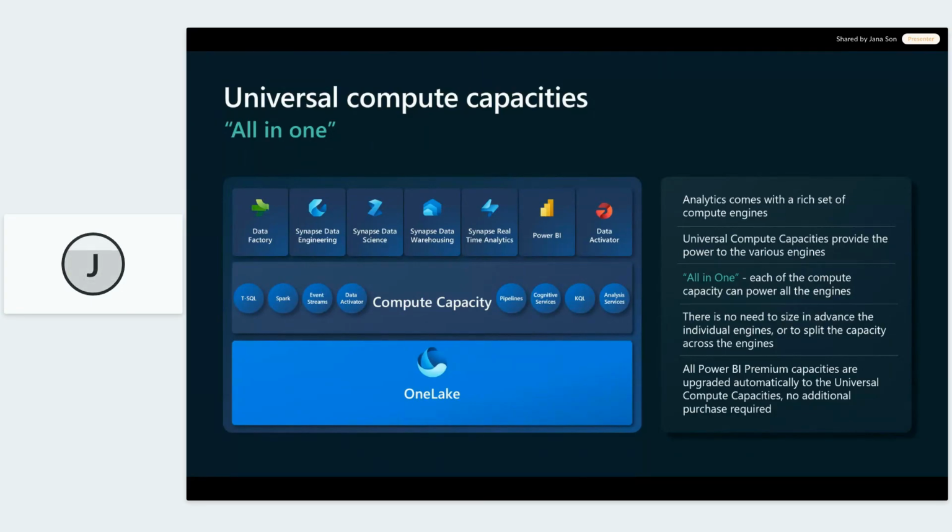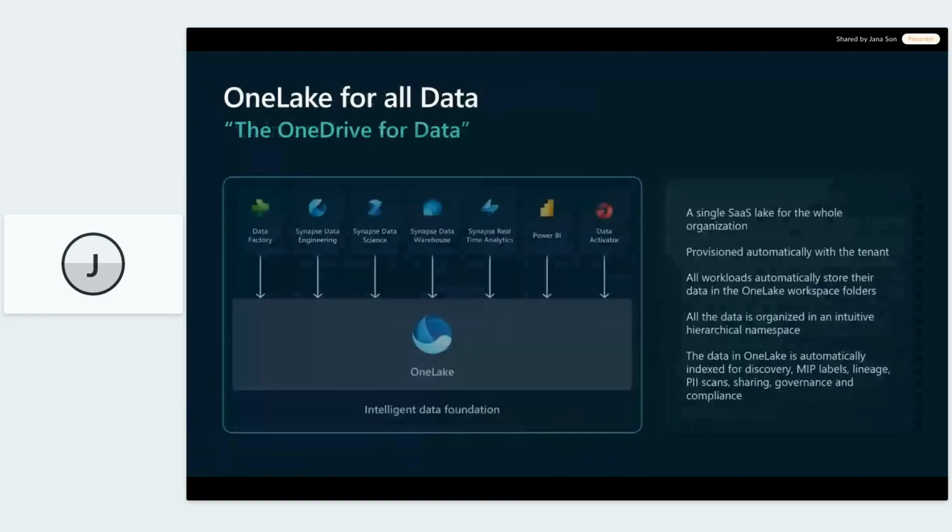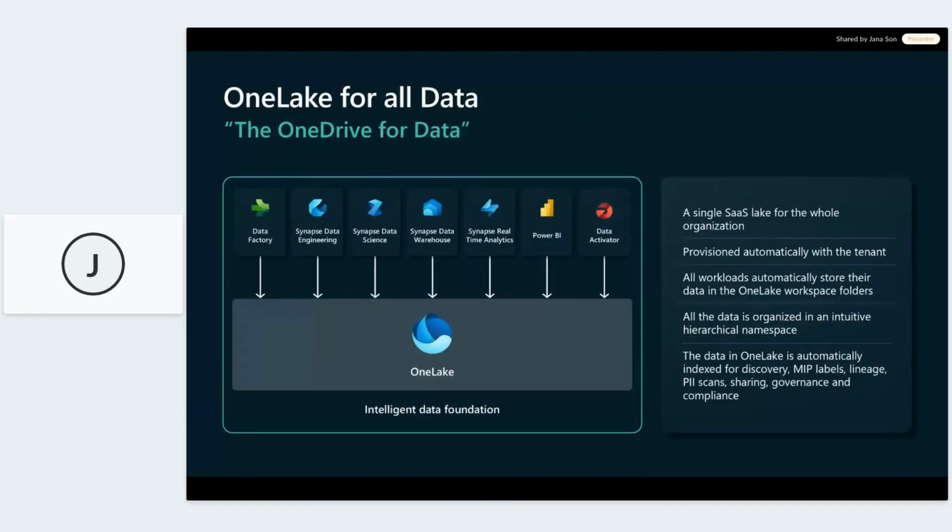And all those powerful engines, again, they seamlessly integrate with OneLake. And OneLake in Fabric is a data lake storage account. It's only one per tenant, as the name suggests. But behind the scenes, it's not your typical storage setup. It's a distributed storage account that offers you a SaaSified experience, much like OneDrive. Even visually, it looks pretty much the same. So Microsoft does say that it's your OneDrive for data.